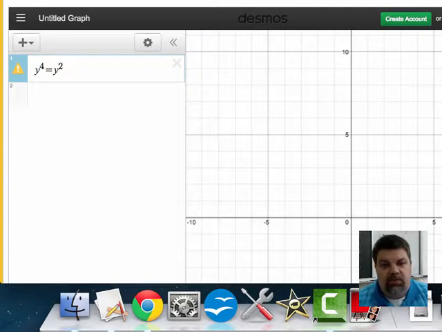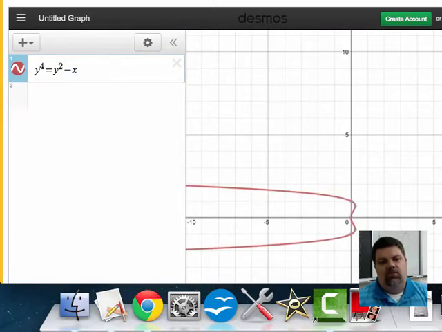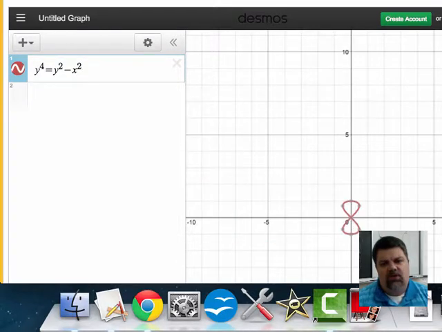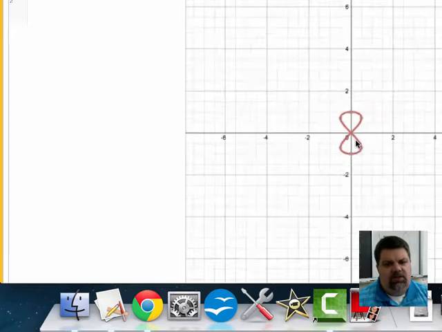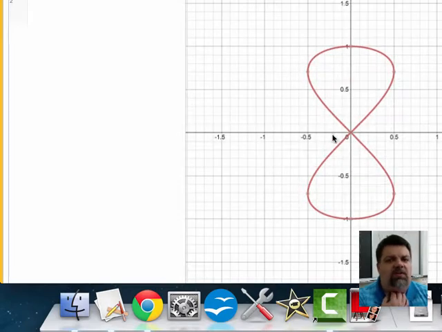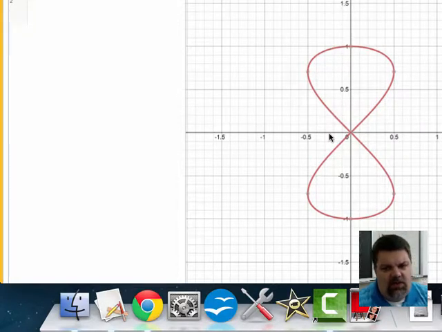Okay, so what we want to do here is we have the equation y to the fourth equals y squared minus x squared. And if we look at the graph here, it makes a figure eight. I'll zoom into that real quick so we can see. I did it on my website. I have a graphing calculator there, and